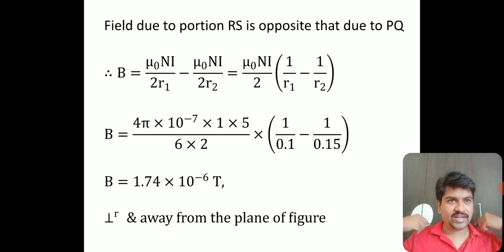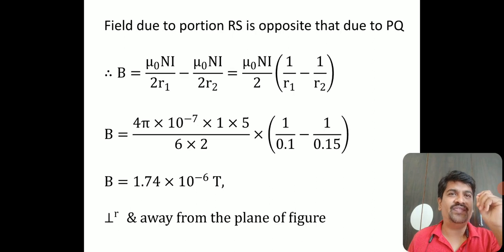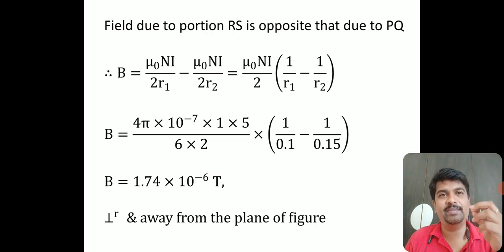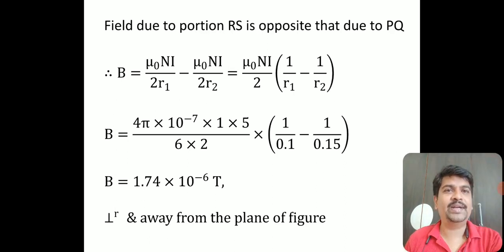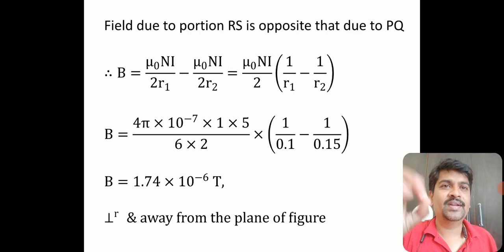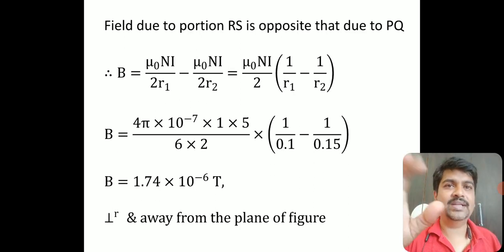It is a circular coil, maybe with a number of turns, maybe less. The formula which I am going to use is mu naught N i by 2R, the same formula which I used for my last problem. R1 is for one arc, R2 is for the other arc. Why am I writing minus mu naught N i by 2R1 minus mu naught N i by 2R2? It's a key point that I am writing minus in between.